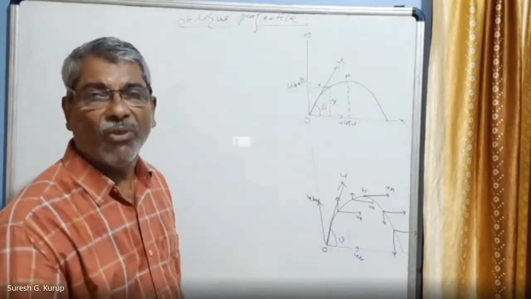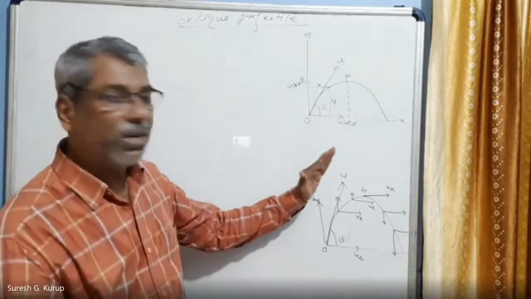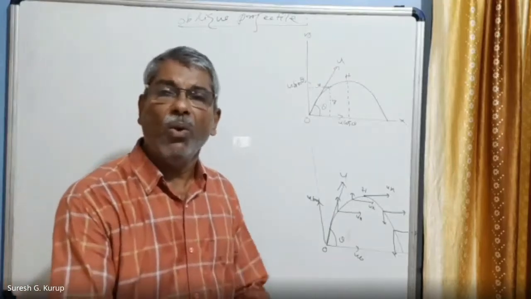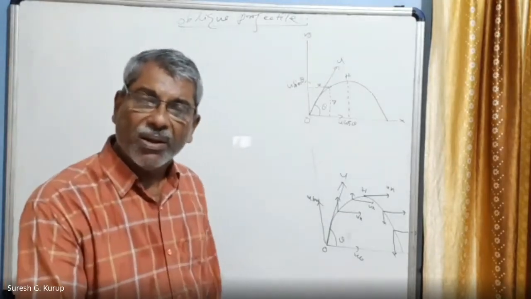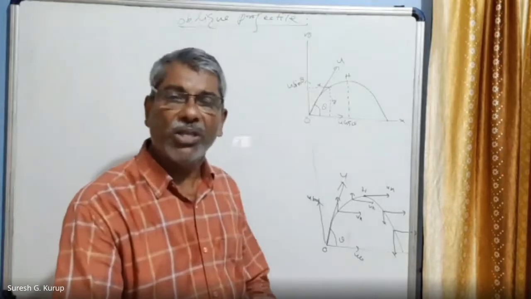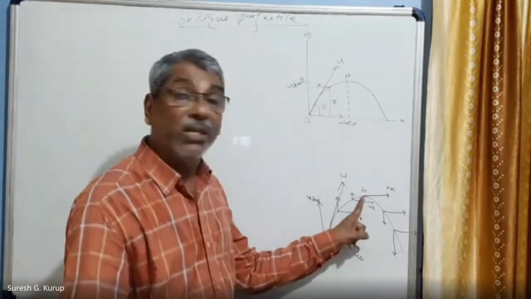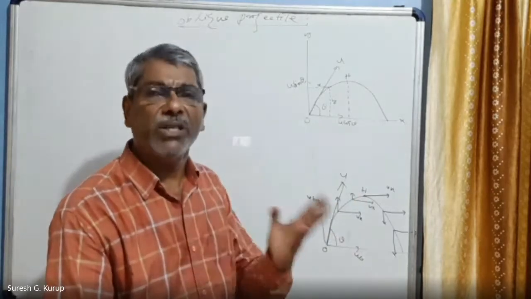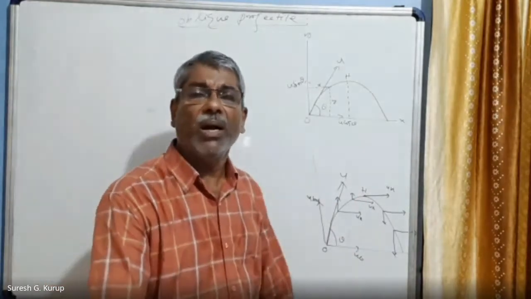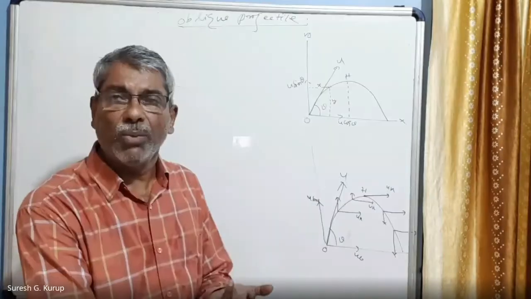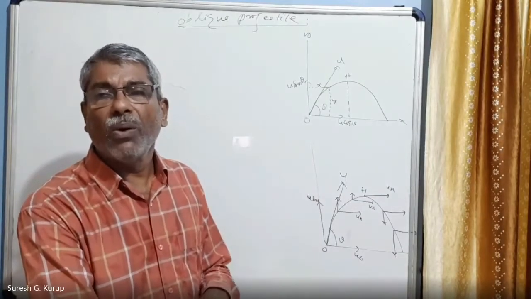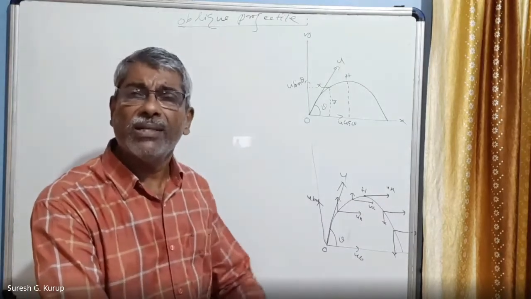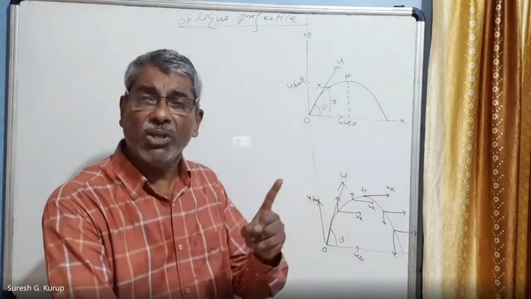This is one. First vertical component goes on decreasing, decreasing, decreasing, and finally becomes equal to 0. At the highest point, the body has only one velocity. Don't say the velocity becomes equal to 0, so velocity is not exactly equal to 0. You can say vertical component is equal to 0, but horizontal component always remains a constant. So this is also a combination of two motions. One is horizontal motion and other is vertical motion. Horizontal motion is the best example of uniform motion, because in that case the velocity is always a constant.